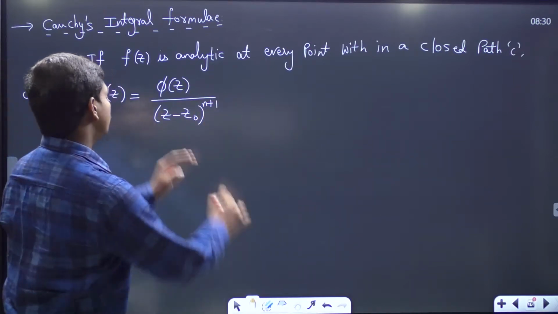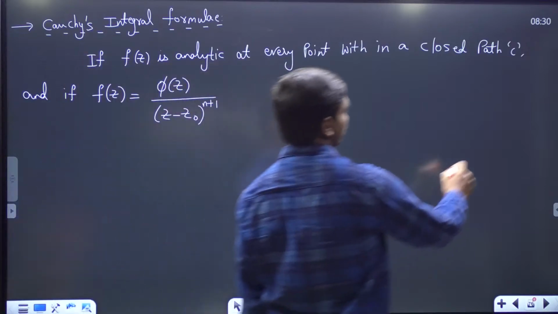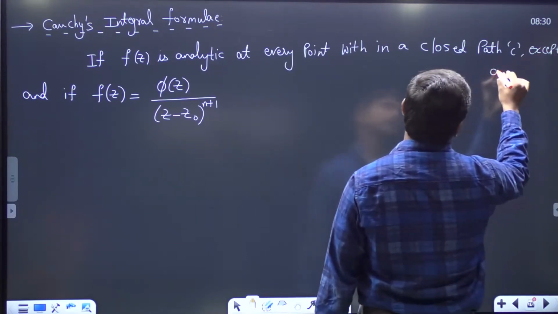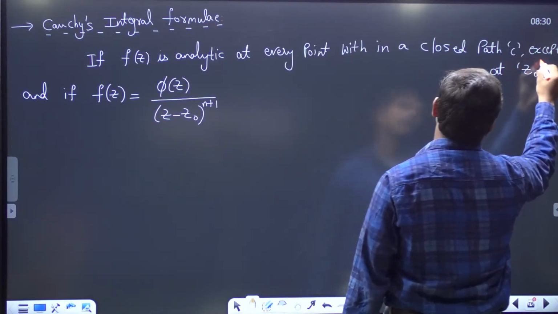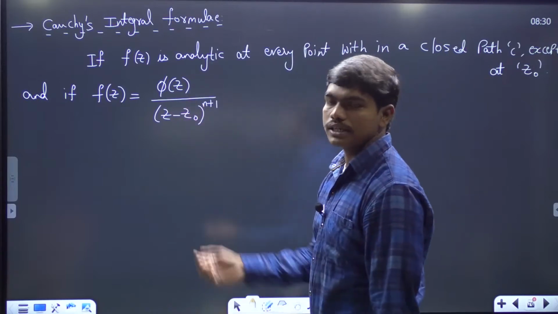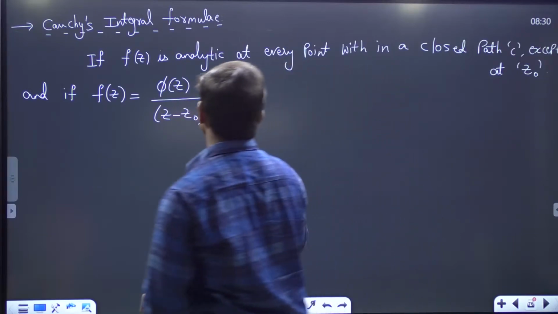Okay, if f of z is analytic at every point within a closed path C, you can add one more condition here: except at z naught. Except at z naught, because when you put z equal to z naught, this function doesn't get a finite value, correct? It goes to undefined, because z naught minus z naught will give you 0. So if this is the case,